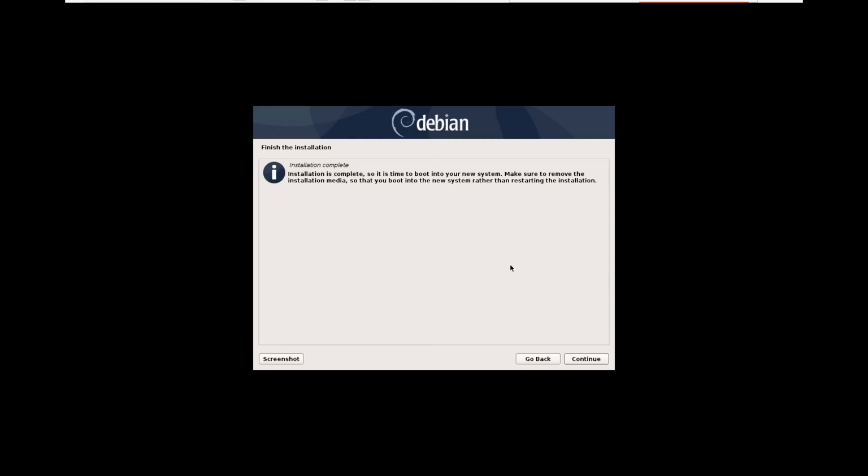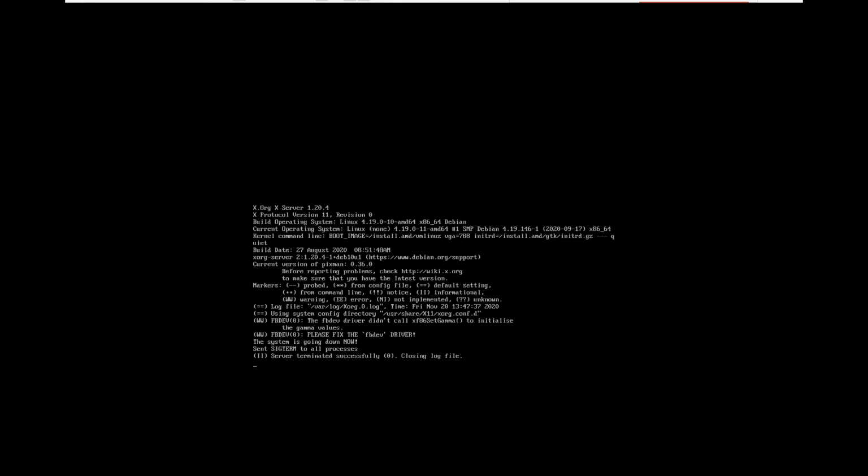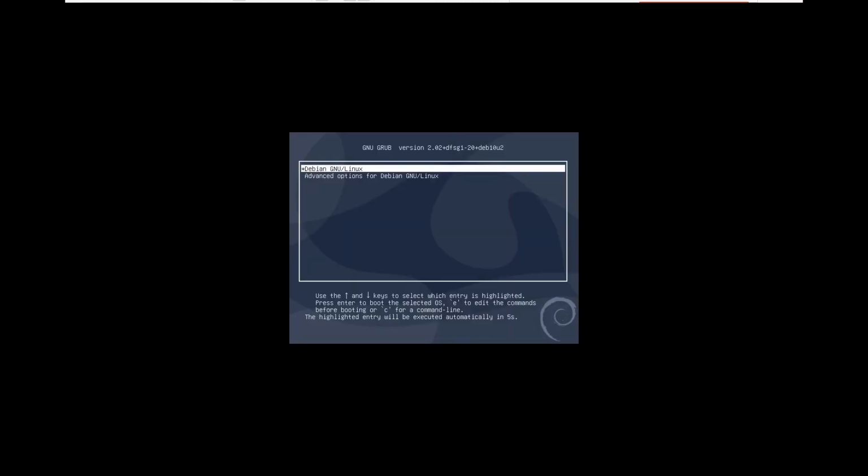Let's finish up. Now the installation is done, so wait a few minutes for the system to boot after installing everything. Wait for the system to boot the new operating system, our Debian 10, and let's continue. Let's see what will happen after this.